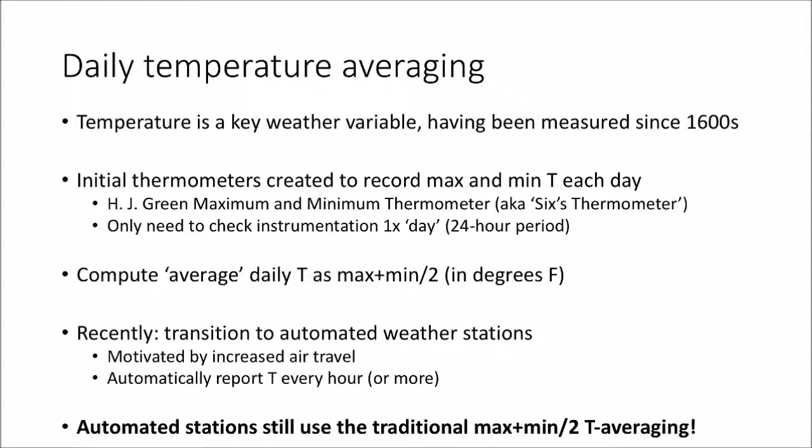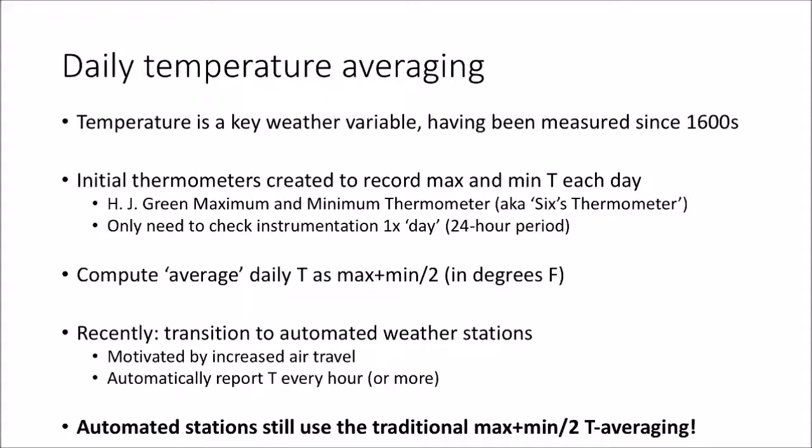Of course, the initial history of all this with thermometers and temperature measuring was that in the last few centuries, important instrumentation was built around trying to maximize the data you could get from manual observations. One very important piece of technology was the maximum and minimum thermometers. Those gave you a good bang for your buck because the thermometer would show you both the max and min temperature for the day, 2 data points, when checking it just once per 24-hour period, depending on when you consider your day to be, midnight to midnight or 8 a.m. to 8 a.m. or whatever time slice you use.